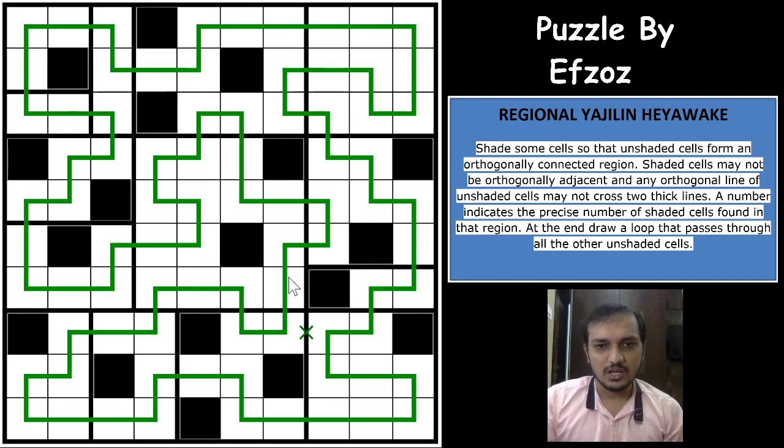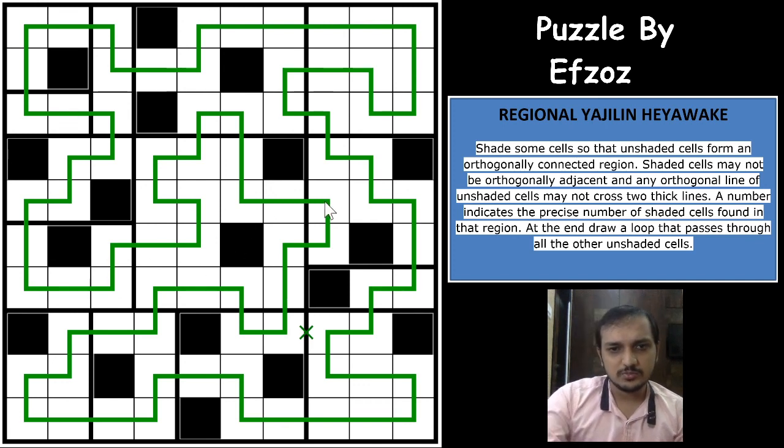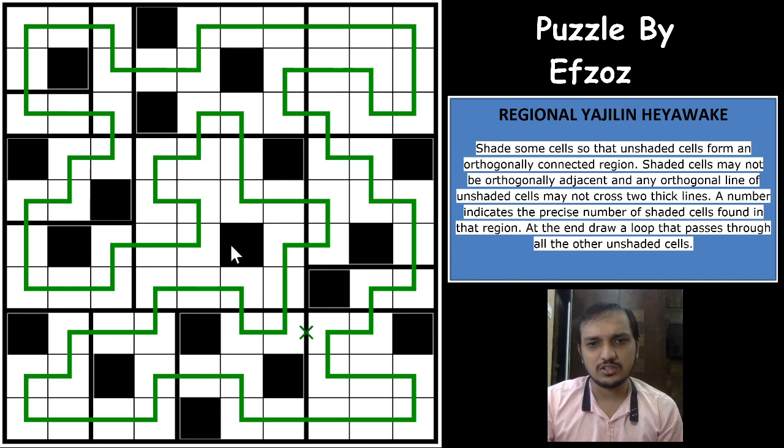Excellent puzzle. We missed the simple deduction here. We just missed seeing this logic here. There would have to be a shaded cell, and after this it becomes easy. This was a very good logic that an odd number of loop segments cannot be inside a closed area. That helped us solve this puzzle. So I hope you enjoyed this puzzle. It was really an excellent puzzle.